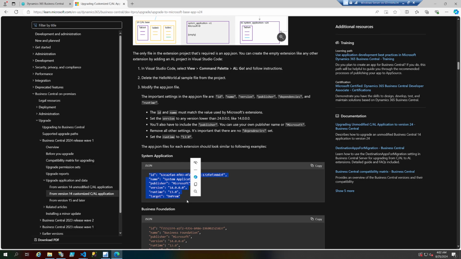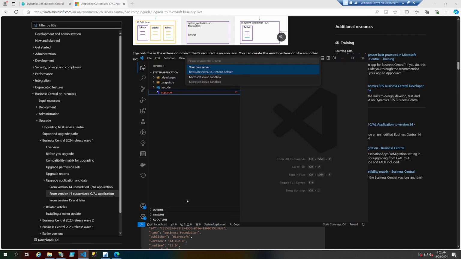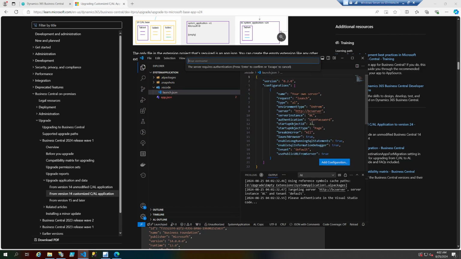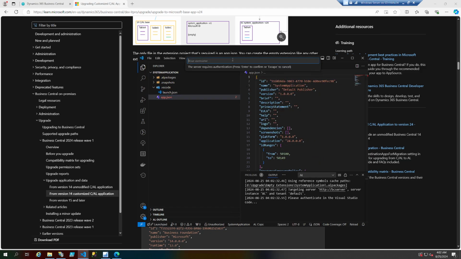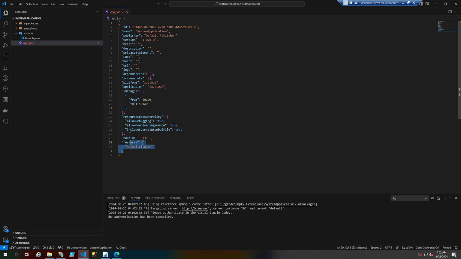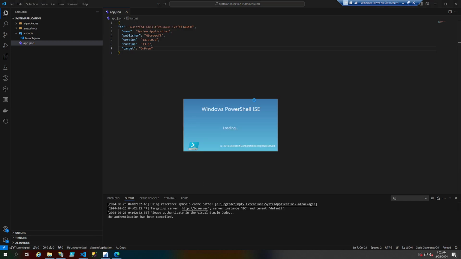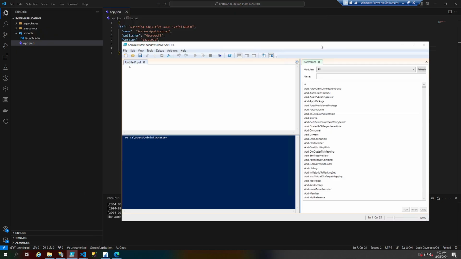So you can actually copy all this, come back to your extension app.json, and let me cancel this. Okay, and I can actually replace all this with whatever I have copied. Now how do I know that this ID is correct? You can always verify it. If you're doing it separately, it's your call, but you can always check it by running the command for